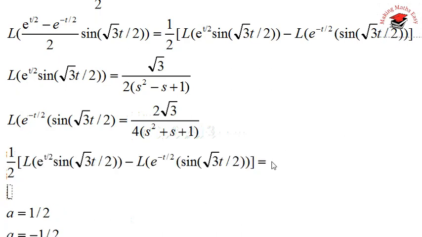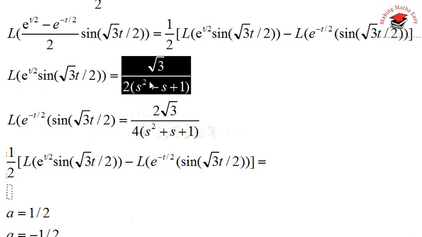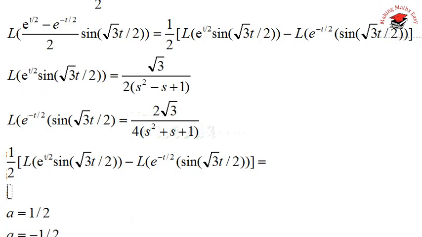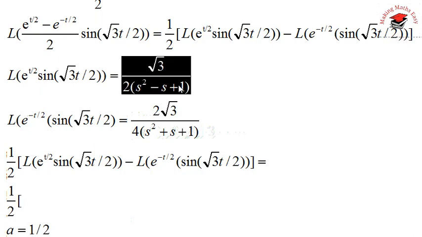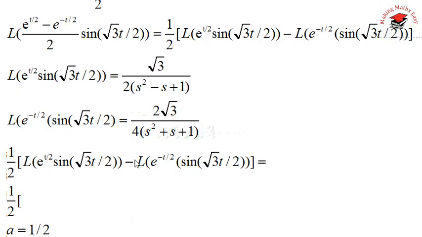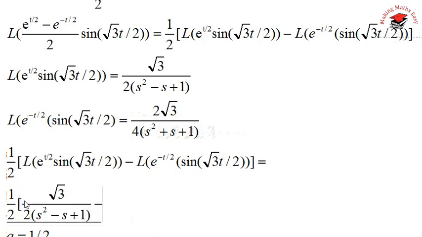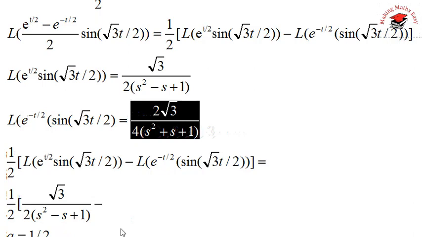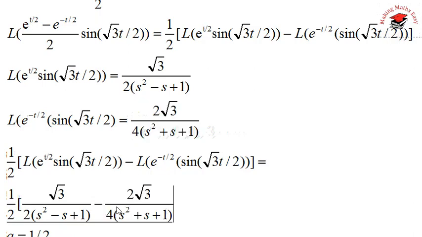So 1 by 2 times the Laplace of this function, meaning this is the first function, as e raised to t by 2. So 1 by 2 times Laplace of this function minus this function, as 1 by 2 is a constant and a common factor, so we can keep it outside, and this will become equal to